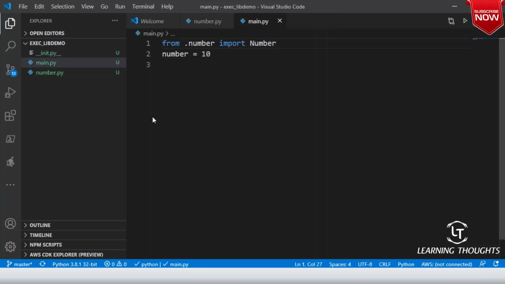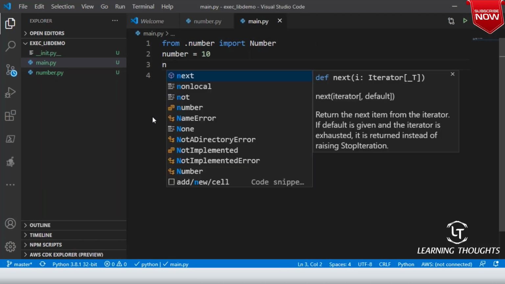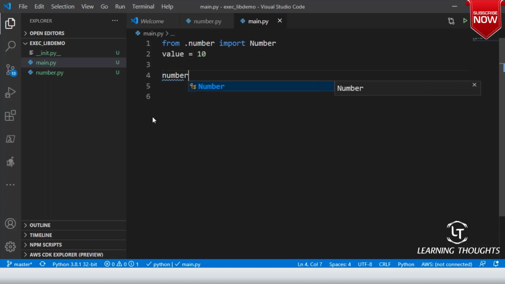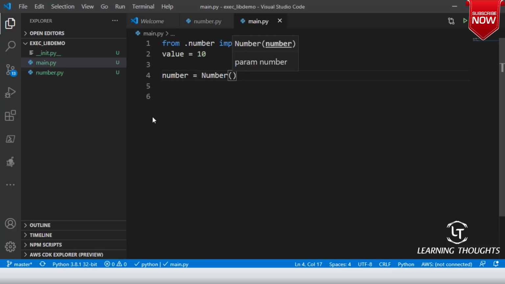This is what we have learned, right? Now let me not call it number, let me call it value. So number is Number of value.